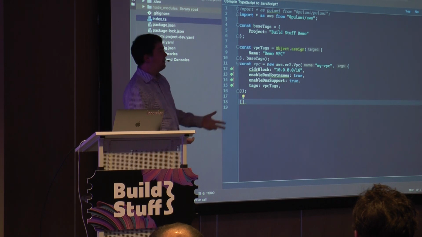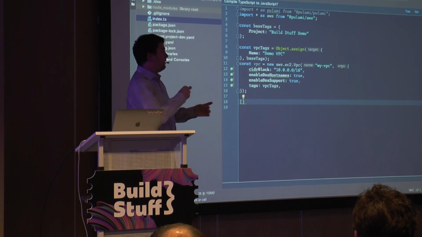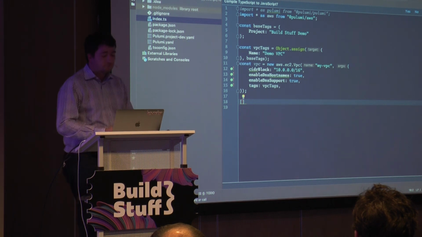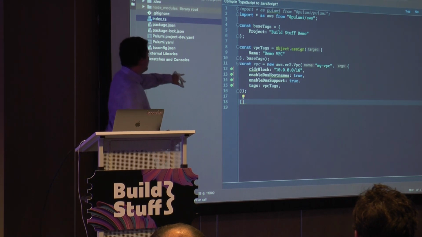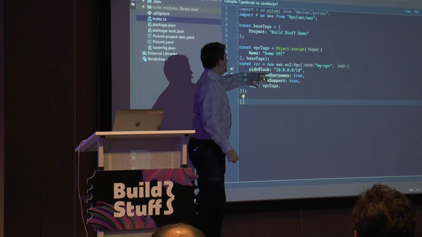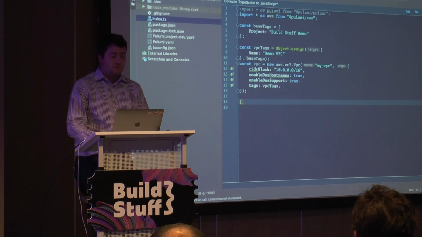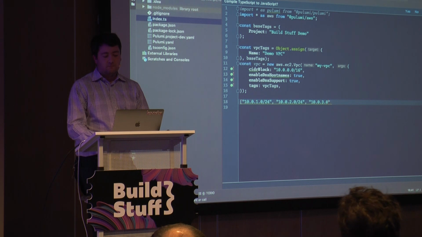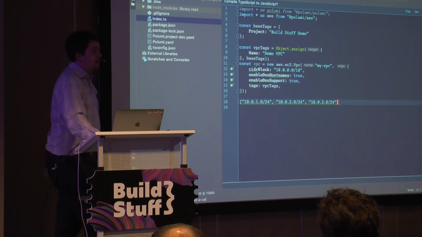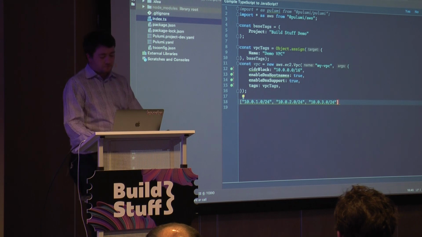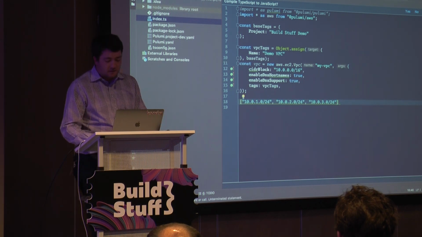In Amazon terminology, a VPC is a network container, and within that are various subnets which live within a particular data center. And each network has an address space which is a subset, for the most part, of the container address. So we'll say we're going to create 3 of them, and we're going to have 10.0.1.0/24, 10.0.2.0/24, and 10.0.3.0/24. So we want 3 of these subnets in 3 different data centers. Maybe we're going to run something like Consul or a database in there.